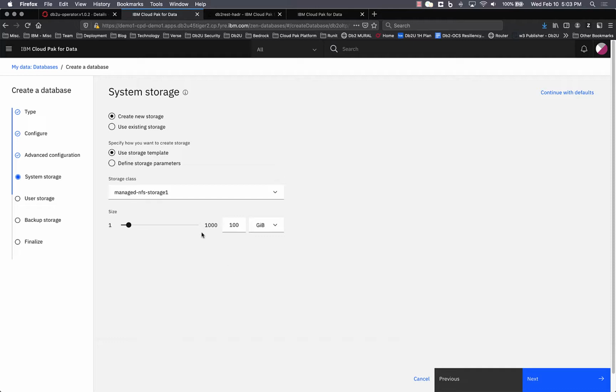We support 3 different zones. We create 3 different zones for Db2 storage. System storage, which is small in nature with low IOPS requirement. It's for some of the metadata, the system home directory, some of the log files. Then we have a user storage location, which is the Db2 database, the place where we will store the data for Db2. And then finally, a backup area